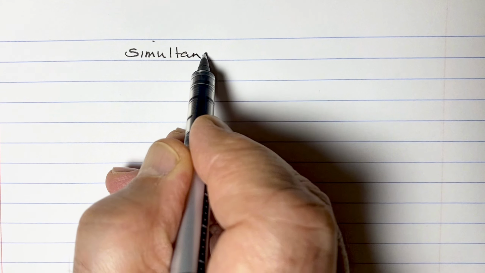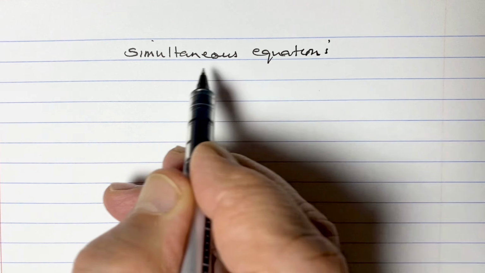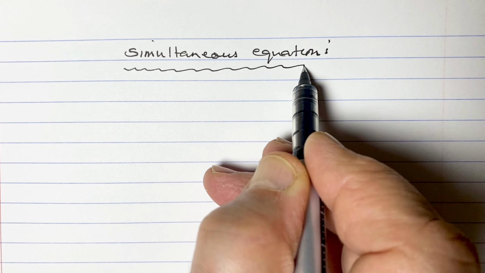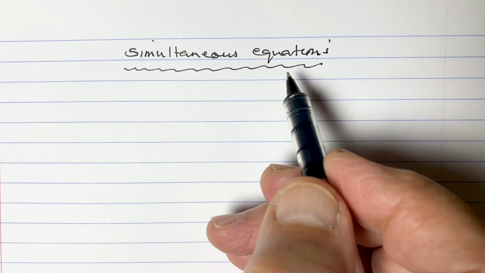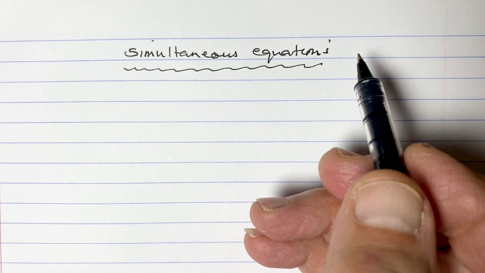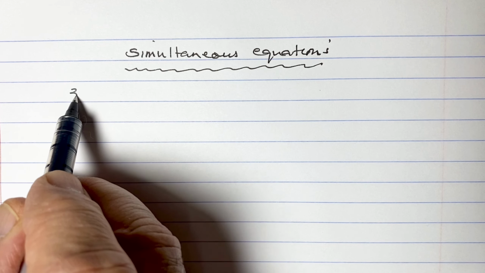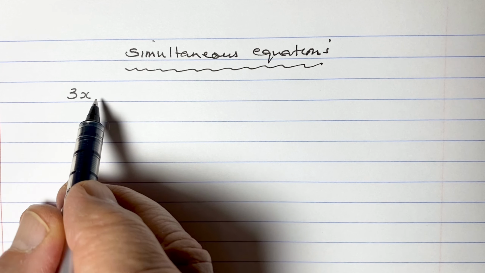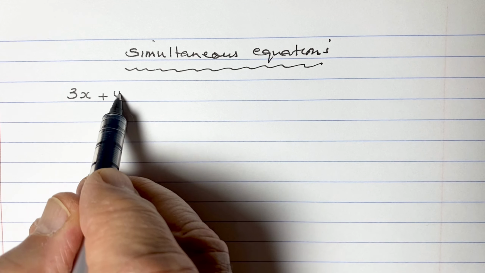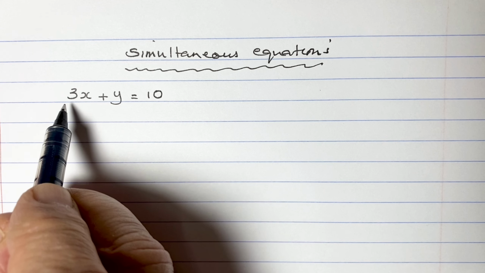In this lesson, we're going to talk about simultaneous equations. As the title suggests, simultaneous equations are equations that happen simultaneously. And here we have more than one unknown. For the sake of example, I've got three lots of a number, which I call x, and another number y makes 10. We have two unknowns,